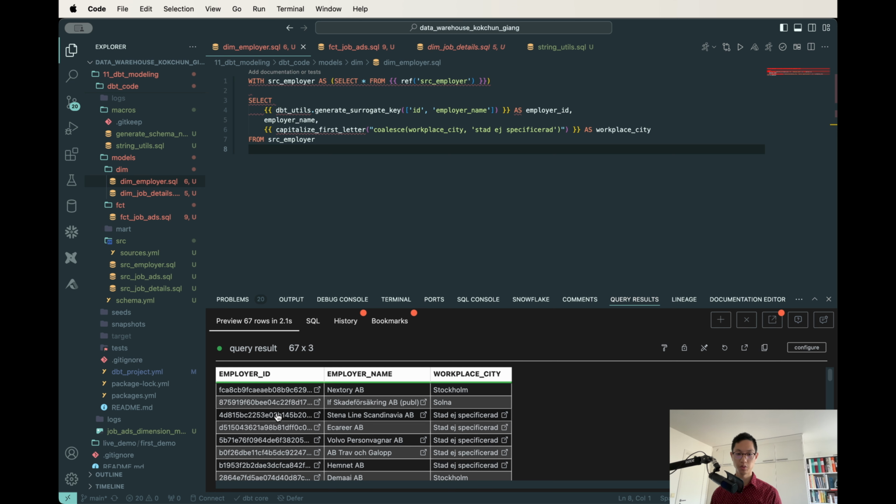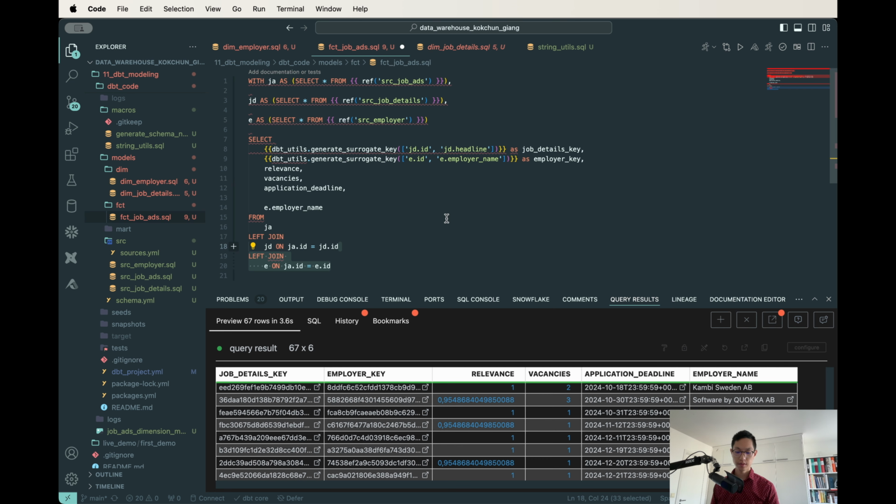Oh, there's something wrong here. Okay, so I have debugged now, and actually it wasn't anything wrong. It's just how the join works. So we're doing a left join, right? We're based on JA, the job ads, so based on source job ads, we do a left join on that, and then we do a left join on that as